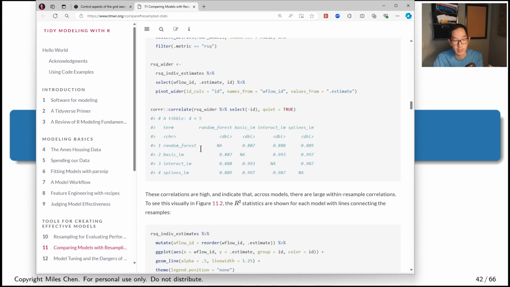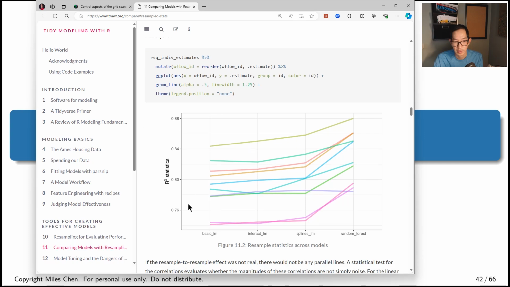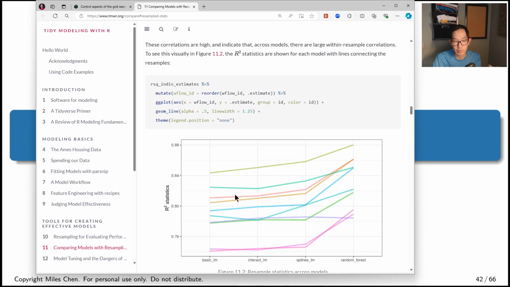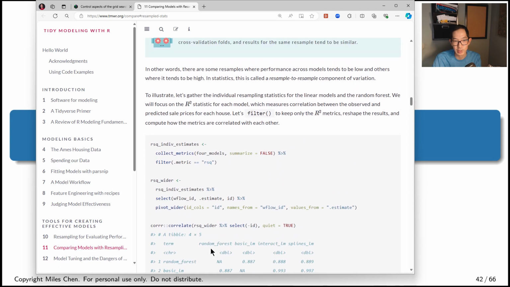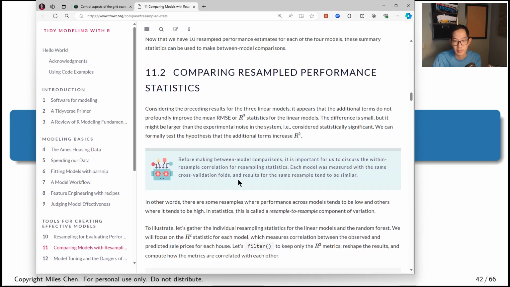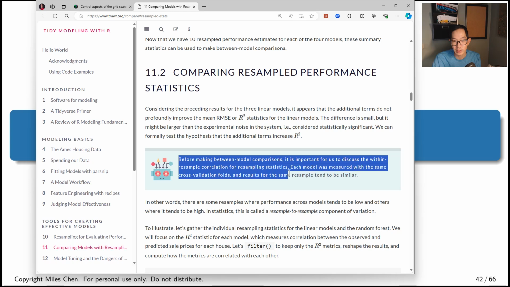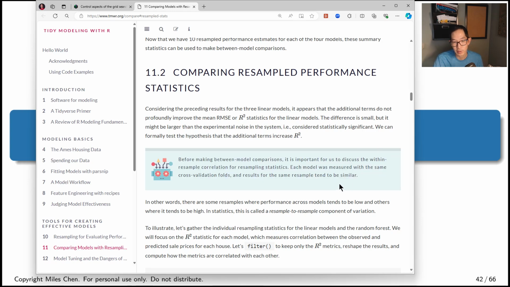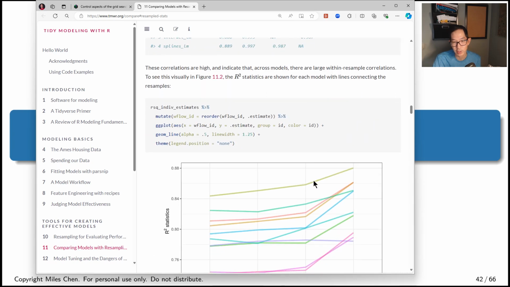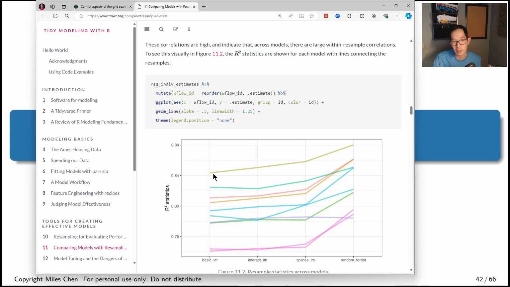More on this stuff. Let me see. So here you could actually see some of the different values as you resampled from the 10 different resamples itself. It says, before making between model comparisons, it's important for us to discuss the within resample correlation for resampling statistics. Each model we measured with the same cross-validation folds and the results for the same resample tend to be similar. So here they're saying, let's actually look at each of the 10 different folds and see